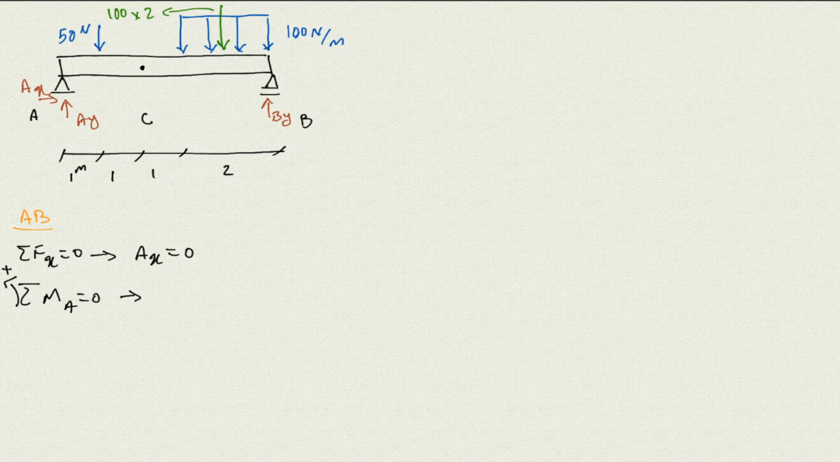So if I draw the free body diagram very quickly here, a simple free body diagram, that's what I have here. So I would have AX, I would have AY, I would have 50 Newton here, I would have 200 Newton here, and there I would have BY here. And if I write the